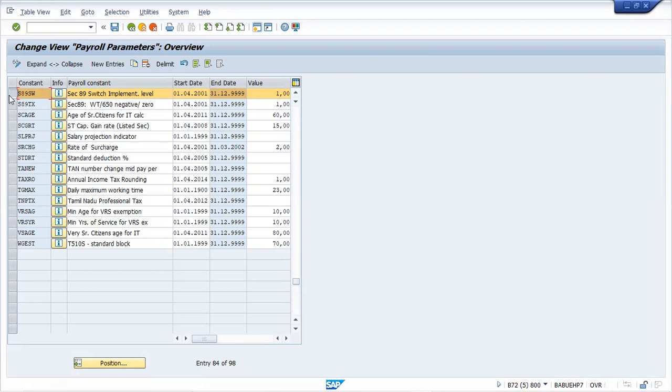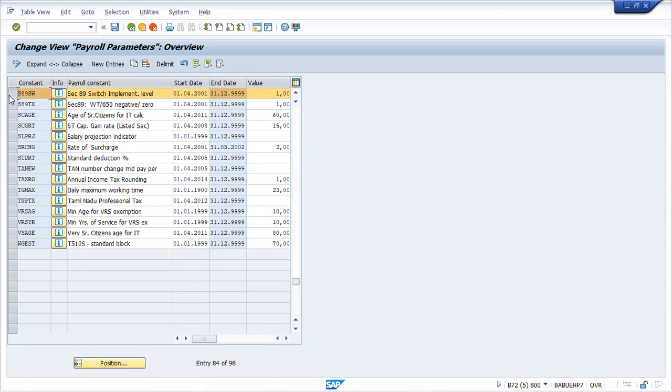Section 89 calculations are done for you. First of all, you have to check with the company whether they follow it. Most companies have to give section 89 relief to the employee anyway. Some organizations are not following it and they give that manually. That is different. But 99% of organizations will be following this kind of scenario.